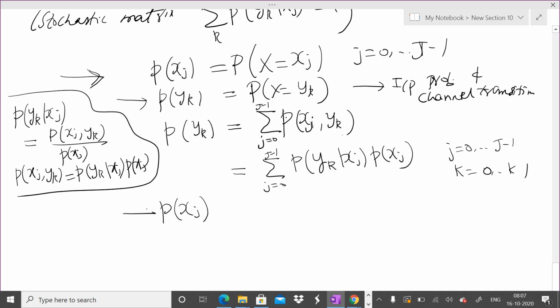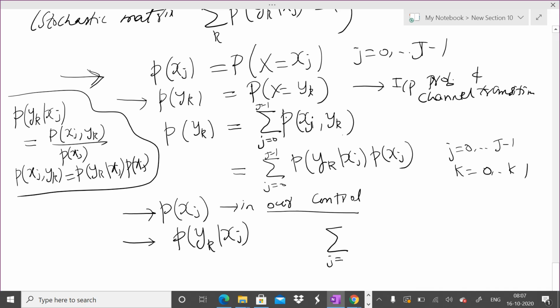Now you see, this will be given to us. In fact, these probabilities will be in our control, in the sense that you are generating the source bits, so you can control when 0 should be transmitted and when 1 should be transmitted. You can encode the data properly such that zeros and ones come with particular probabilities. The other thing, which is not in your control but which you can get knowledge of, is the conditional probability, the channel transition probabilities. Given these two, if you sum over all the possible values of x,